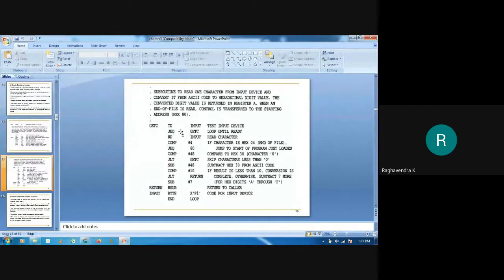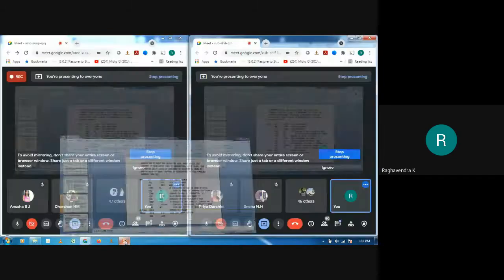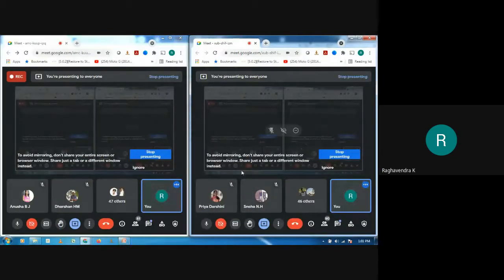So once again it will come to getC and execute the TD input instruction. If it is not ready, go back, execute again, right? It is looping here again and again. The computer is executing the instruction, but it is basically executing the same instruction again and again, and it's a waste of time.